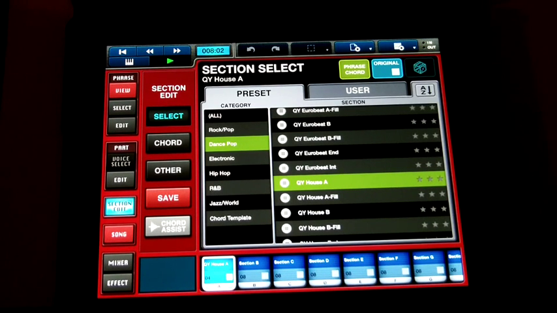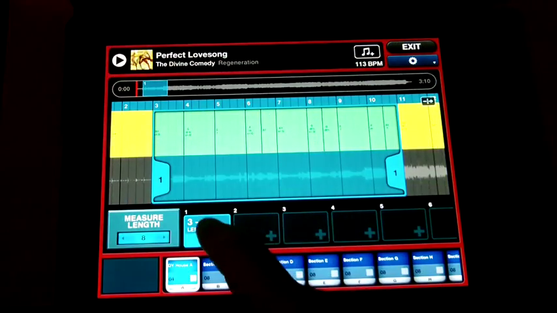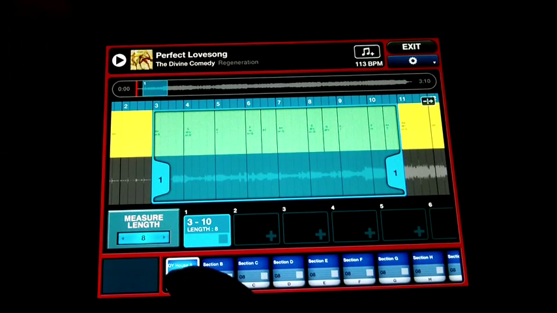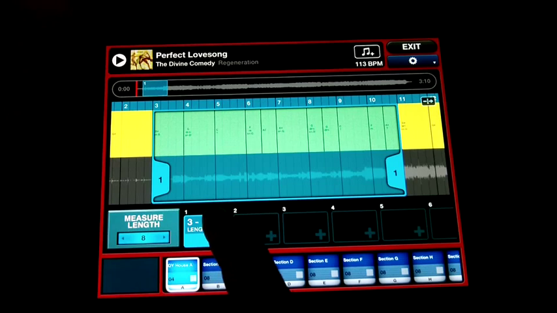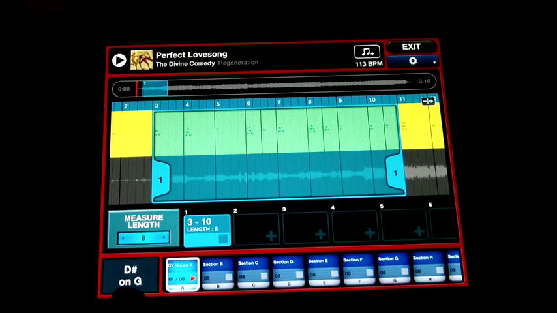So now you can tell that that doesn't really sound very much like the Divine Comedy song. We'll go back to Chord Assist and drag this block here onto this QY house A, and you'll see in the bottom left hand corner the chords appear as it plays. So press and hold, drag down and let go. As we play now,